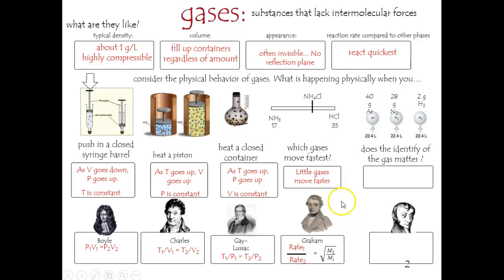He realized that this was a square root relationship, and so he expresses it like this. The easy way to say it is that small gases go faster, but not much faster. The sciencey way to say it would be that the relative rate of gases is inversely proportional to the square root of their molar masses. How's that for a mouthful?